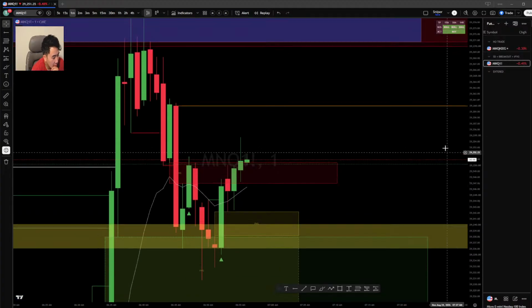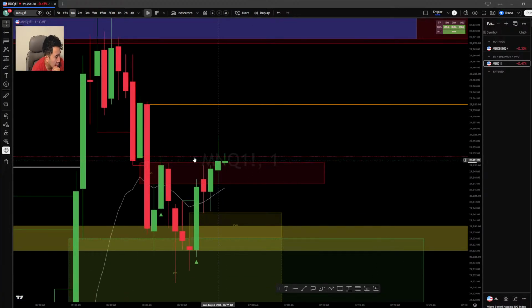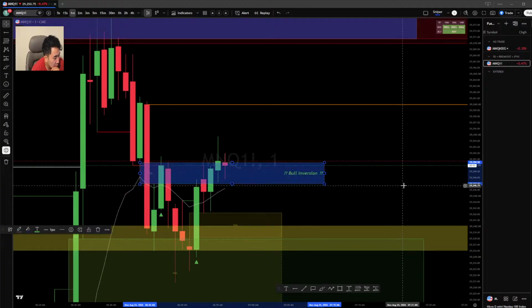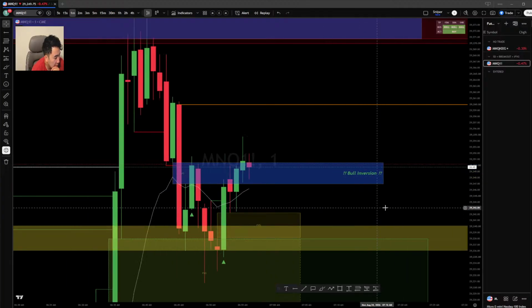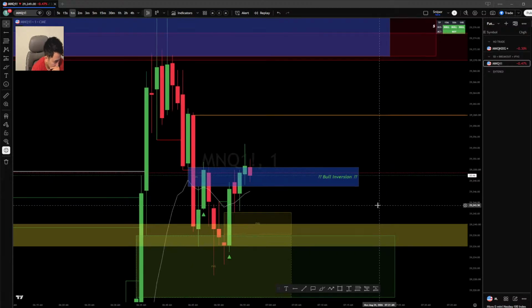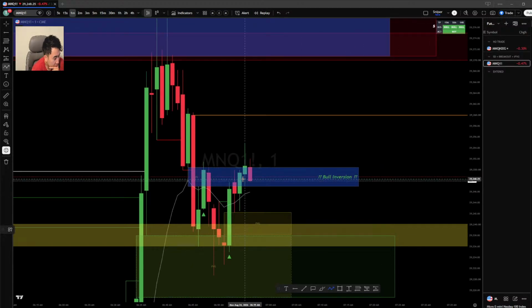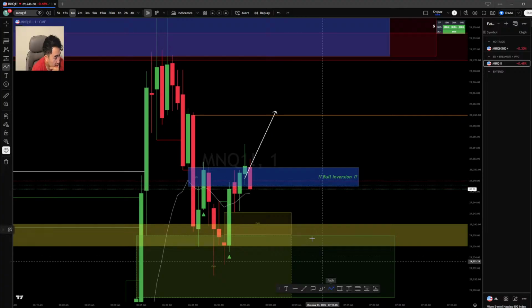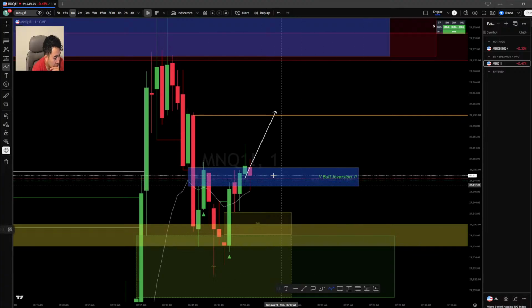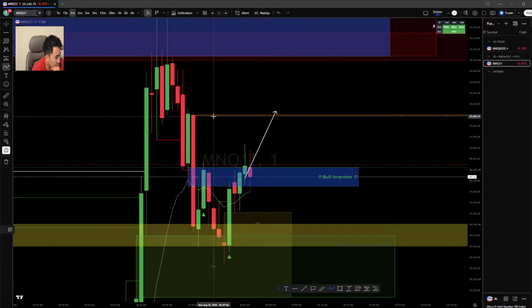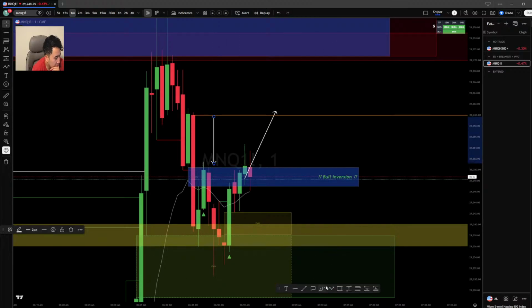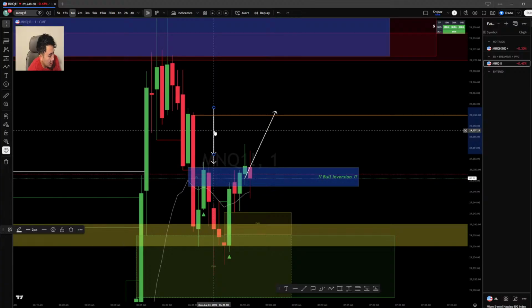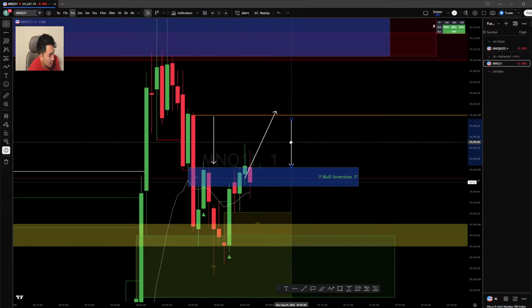All right, it's kind of hard to see, but that green candle body closed over this gap, so this becomes a bullish inversion zone here. Now buyers are in control. I do want price to still come up and close above that orange line, just because you do still have a lot of sell pressure from this red candle right here, pushing price down. From that red candle body high, you have lots of sell pressure still.